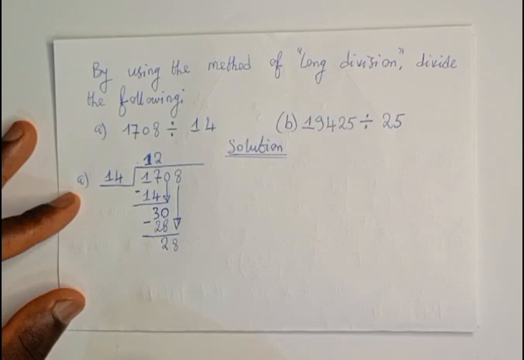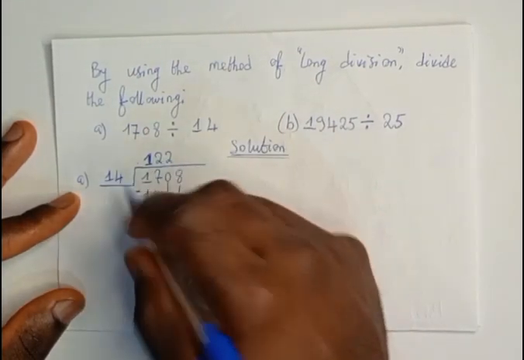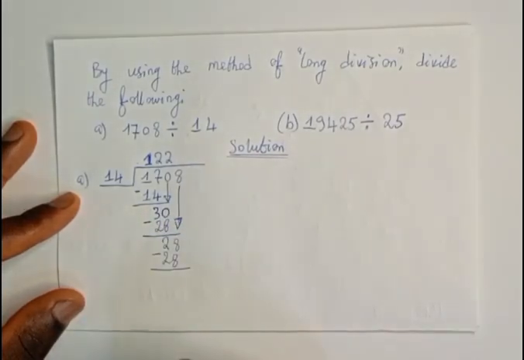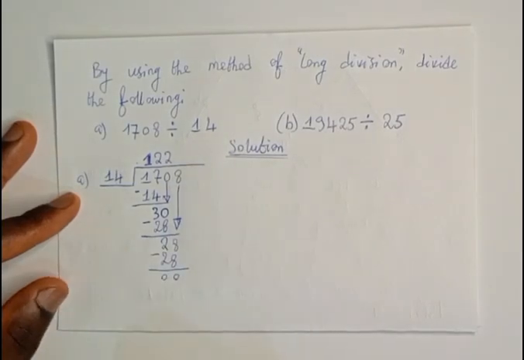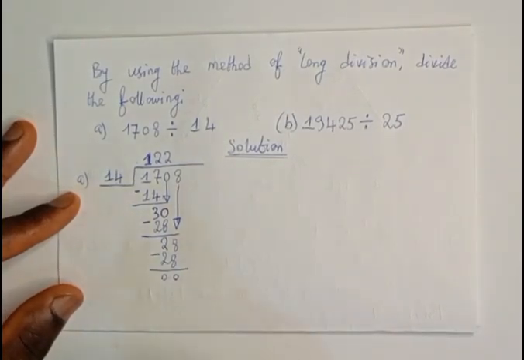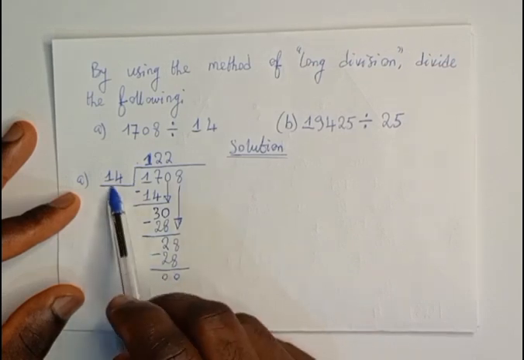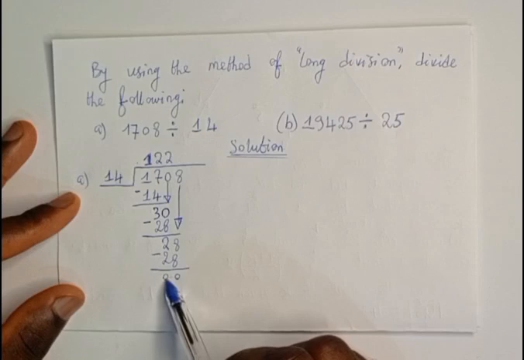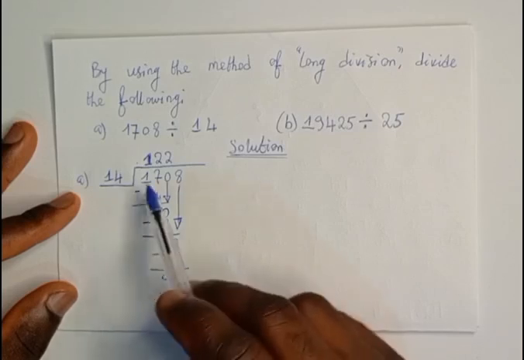28 divided by 14 gives us 2. 2 times 14 gives us 28. We subtract. 28 minus 28 gives us 0. When we reach 0, or when we reach a number which is less than the divisor, that means we have to end the division at that level. In this case, we have 0, which is a remainder. Since the remainder is 0, it simply means the number